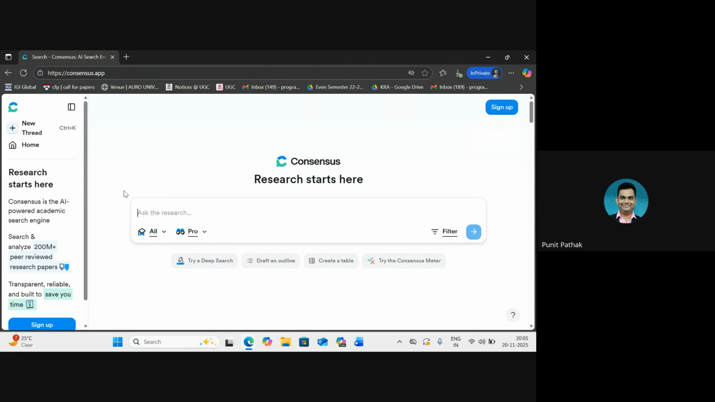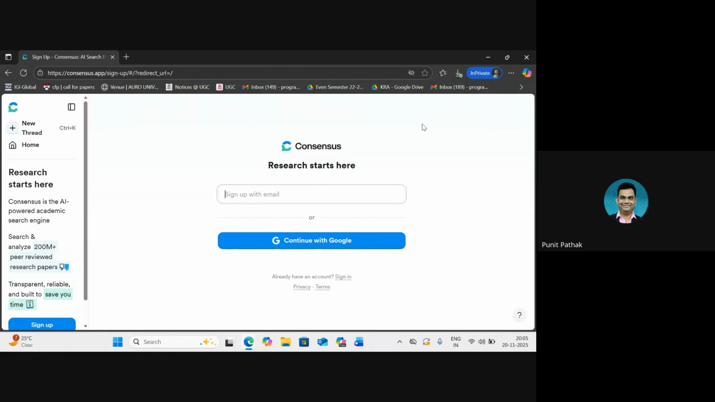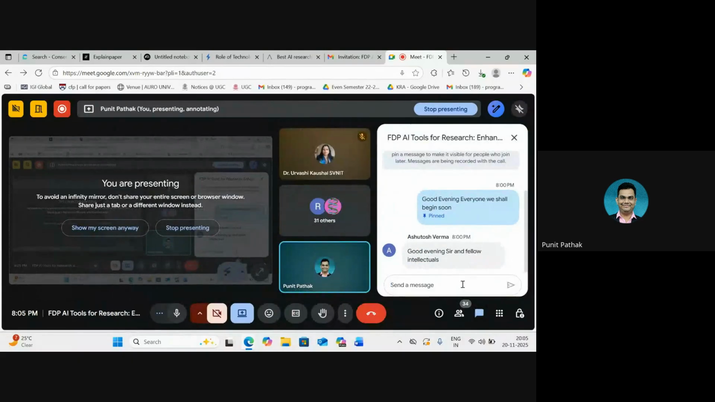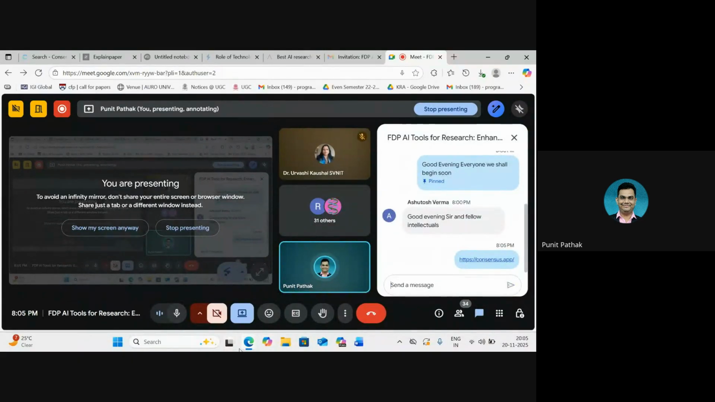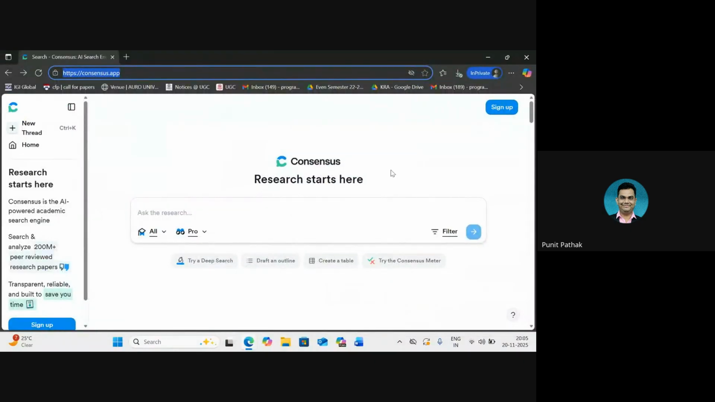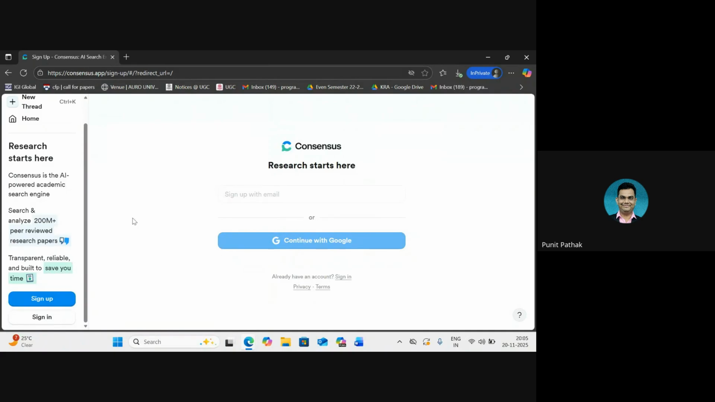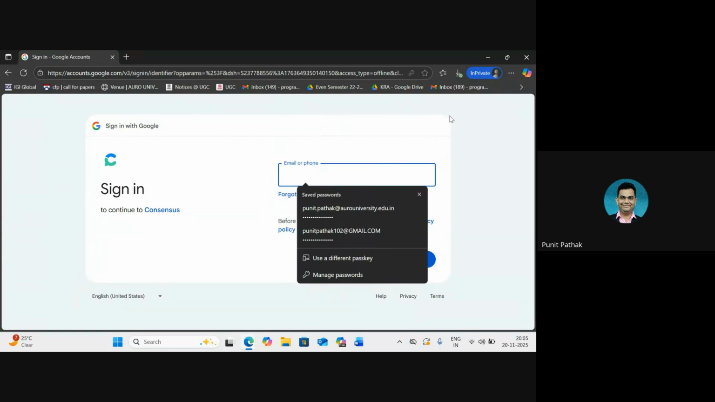It definitely requires us to sign in to the platform. Let me post the link of this platform in the chat box so that anybody who is trying it out simultaneously can also take a look at it. Now, once we are on the portal, we go to sign up. There are two options. We can directly sign up with an email, or we can log in using our Google account as well, which when clicked on brings us to the sign in option for Google. Once we do that,